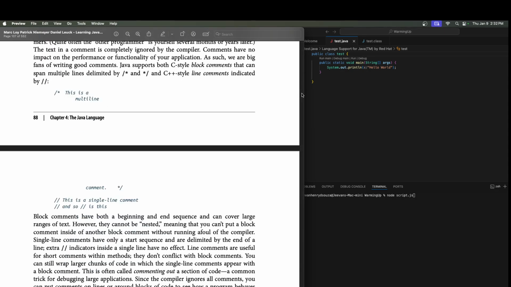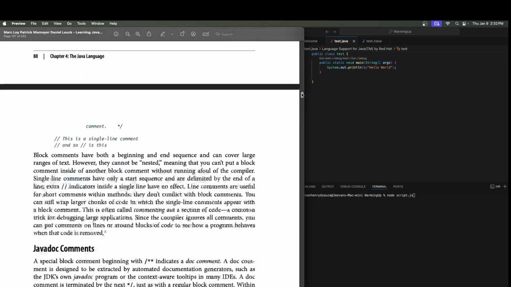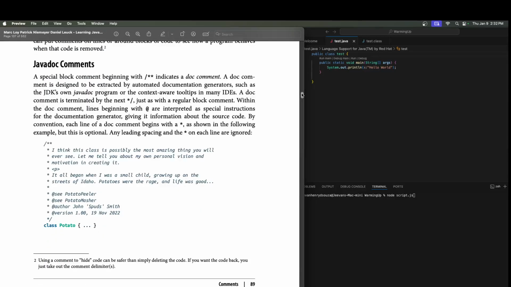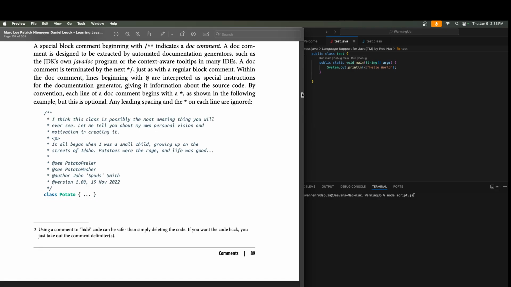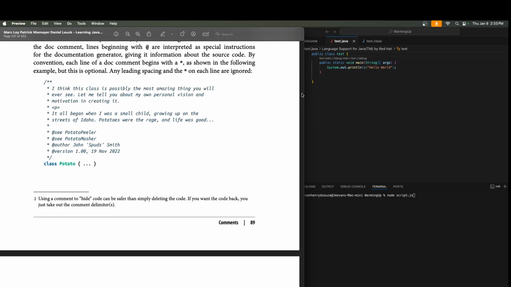Block comments are C style comments that span multiple lines, delimited by slash star and star slash. Now Javadoc, a special block comment containing slash star star, indicates a doc comment. Doc comments are designed to be extracted by automatic documentation generators such as the JDK's javadoc program or contextual tooltips in many IDEs. A doc comment is terminated by star slash. Just as with a regular block comment, within its block each comment line beginning with an at sign is interpreted as special instructions for document generators